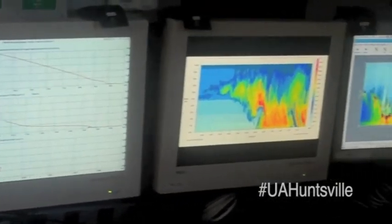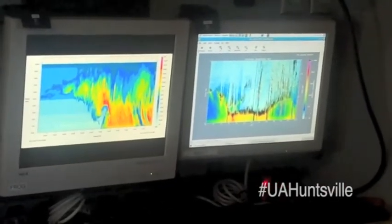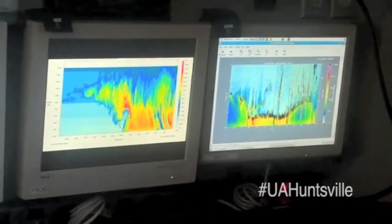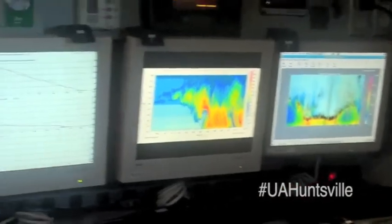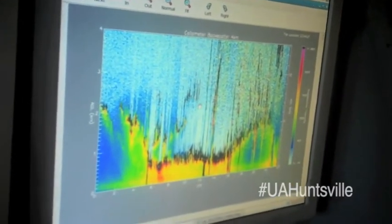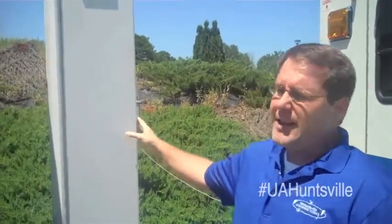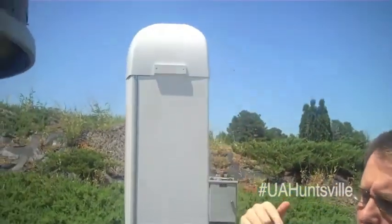The third screen is actually a screen capture from when the midday QLCS on April 27th moved overhead, showing high resolution data from the BWIR. And the last one on the end is data from the ceilometer, showing the current cloud deck above us, essentially. This right here is a lidar ceilometer, so this is shooting a laser straight up, and with the